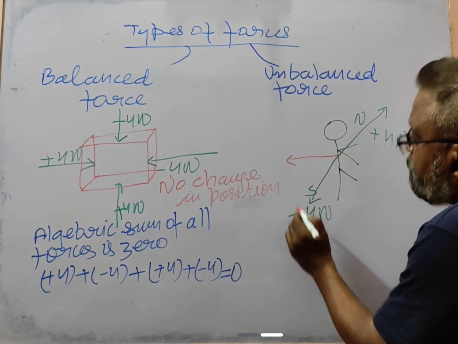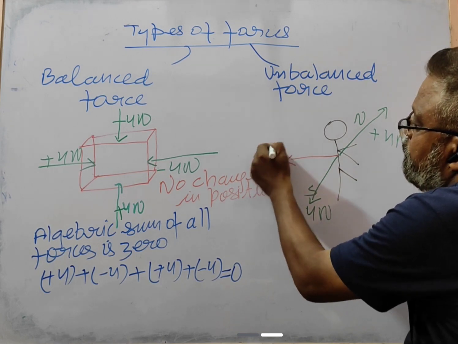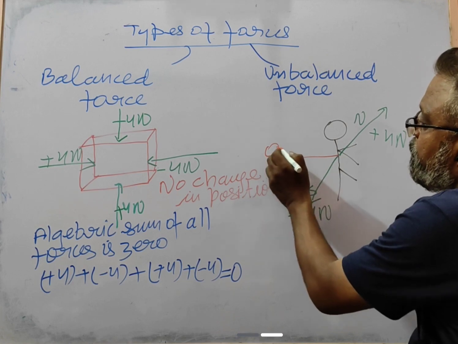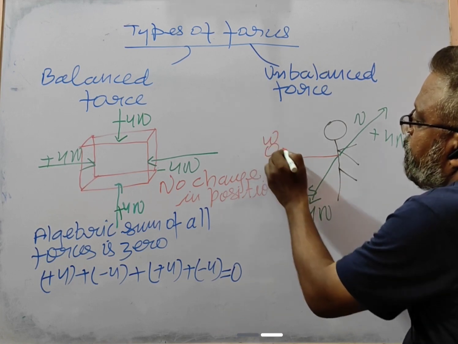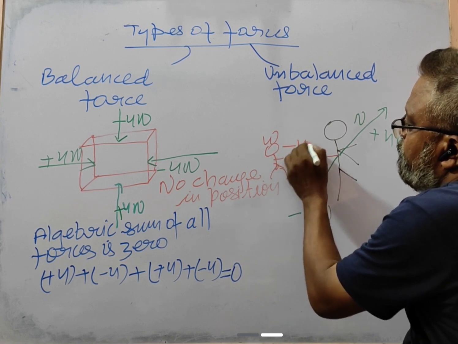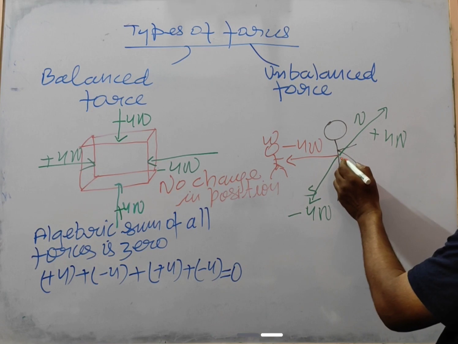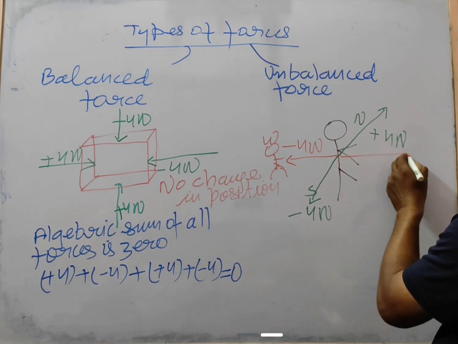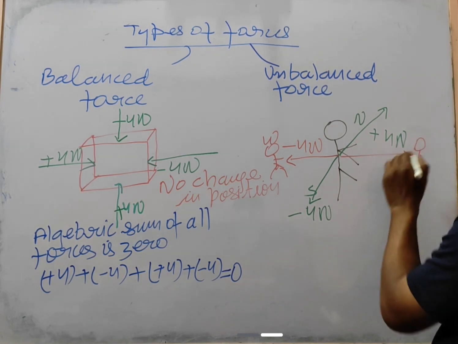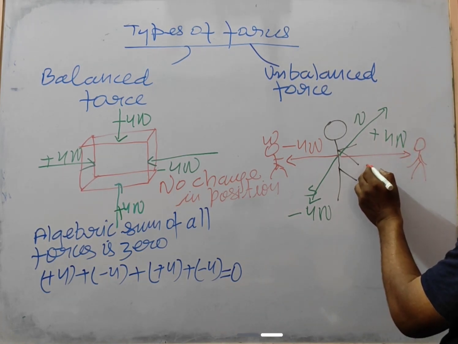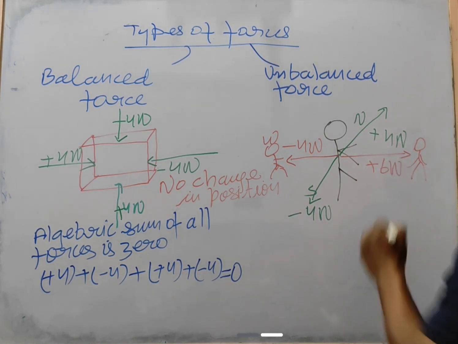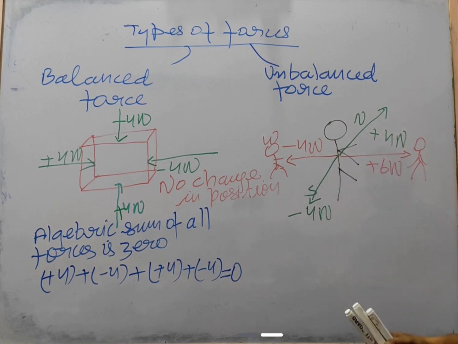Next student, these all are students, right? Your class. So it is stretching towards west with 4 Newton, this is minus 4 Newton, but this girl, this student is stretching towards, sorry, this is plus 6 Newton, right? So in that case, what happens,